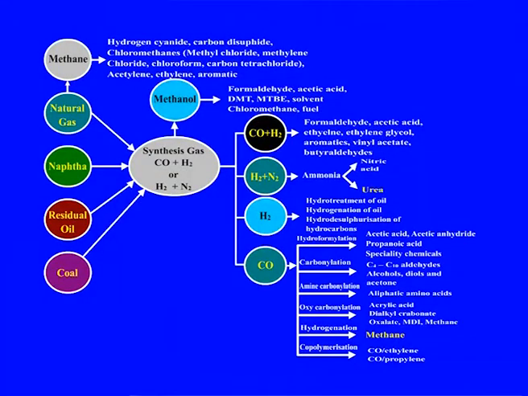Coming to CO, carbon monoxide, there are the hydroformylation reaction, carbonylation reaction, amine carbonylation, then oxo carbonylation, hydrogenation and others, and a long list of products that we get from CO. So now you can realize the importance of synthesis gas. It is important not only for fertilizer production, but equally important for the manufacture of petrochemicals also.